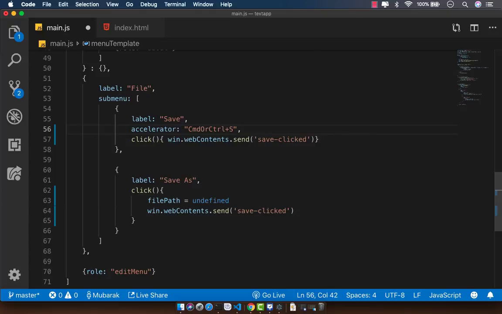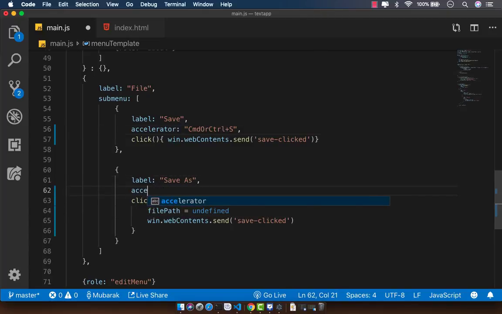So let's say plus S, and command or control S is going to save, and we can do command or control plus shift plus S for this one down here. So just add accelerator, and we can do command or control plus shift